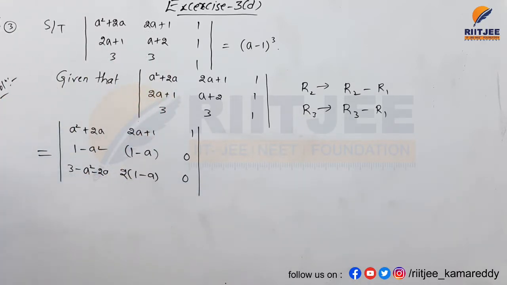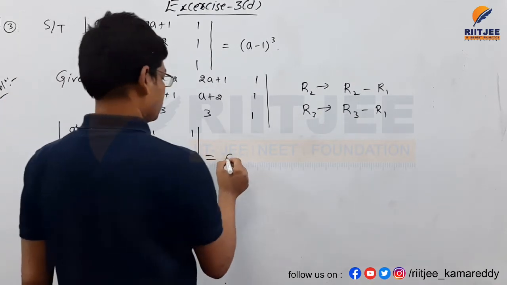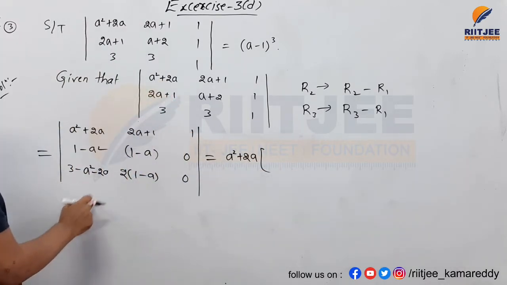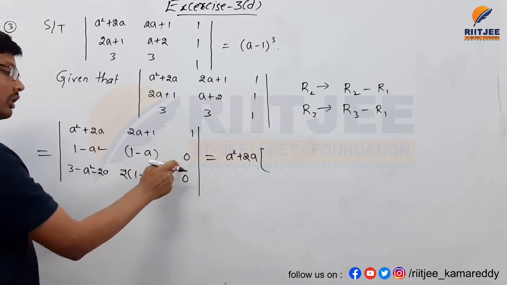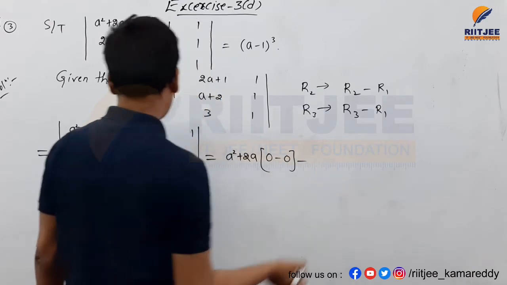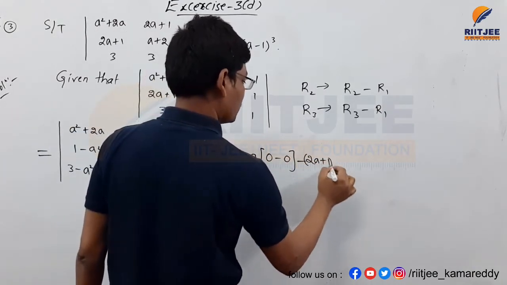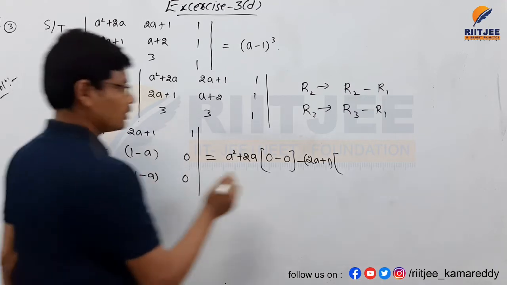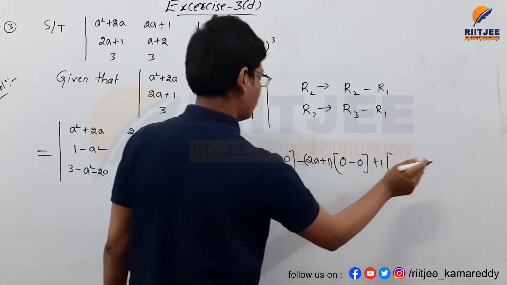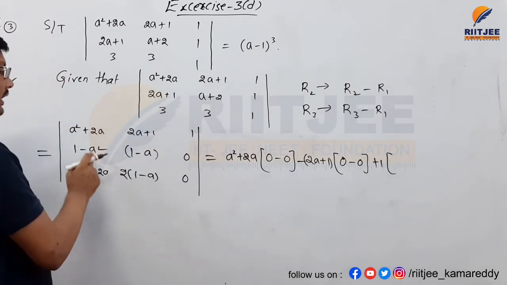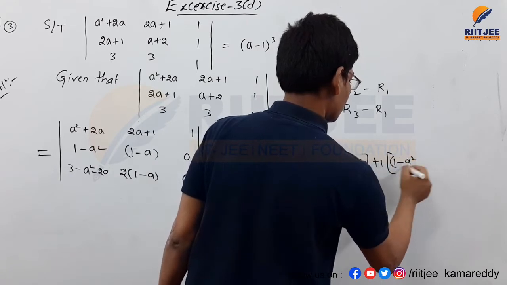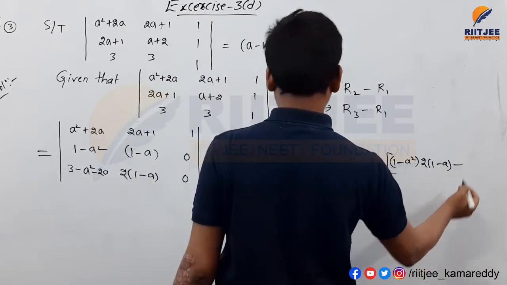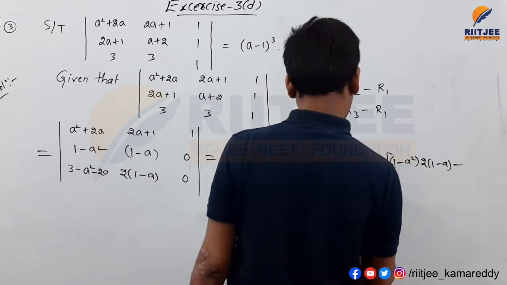And finding the determinant for this one, it implies a square plus 2a, eliminate the row and column which is having a square plus 2a, 1 minus a into 0, 0, 0 minus this one 0, again 0 minus 0, and minus 2a of a plus 2a of plus 1, eliminate the row and column which is having 2a plus 1, 1 minus a square into 0, 0, 0 into this thing 0, 0 minus 0 again, and plus 1 into eliminate the row and column here, 1 minus a square into 2 into 1 minus a,